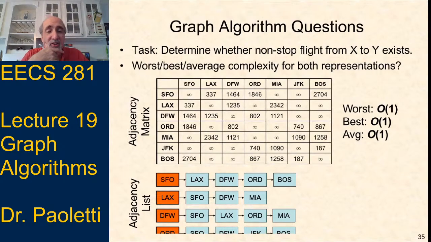Now let's look at the adjacency list. So if I say, hey, I want to know if I can get from SFO to Boston. Well, we already assume we can get to the head of the SFO linked list in O(1) time, but then in the worst case, I would have to traverse that whole linked list, and it could be all the way up to O(V) to traverse that linked list. And I could have said O(1 + V), same as O(V). So it takes me O(1) time to get to the head of the SFO list, but I might have to traverse the whole list to find that Boston is the last one,